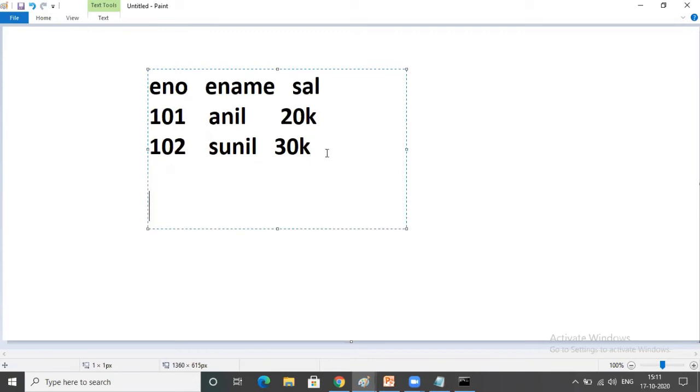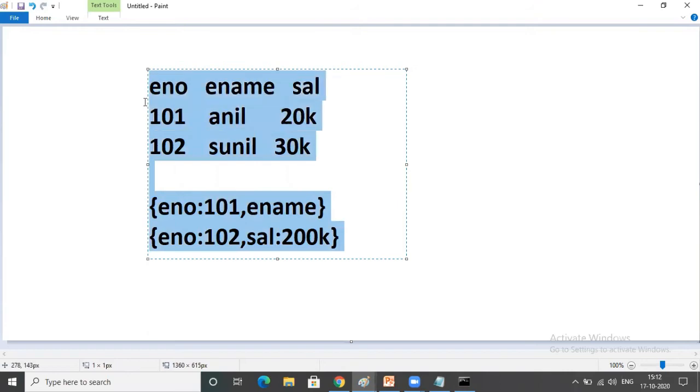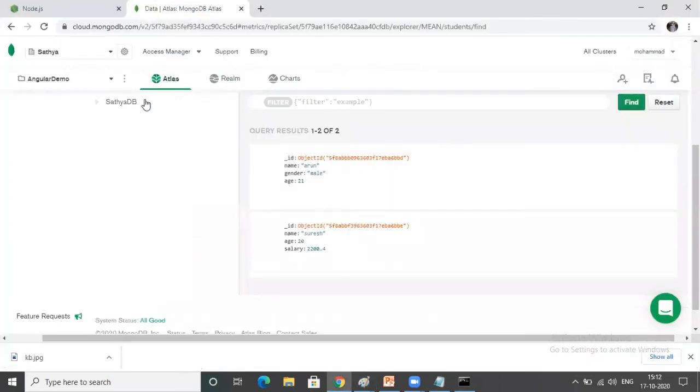But coming to MongoDB, here I stored the data like this. Here I kept E number with some value, comma, and E name. And in another document, I kept E number, and something like salary and age. That is not required. Here I will give a salary from 20,000, something like this. I have not given E name. So in MongoDB, there is no need to maintain the schema. In relational databases, you have to maintain the schema. Anyway, in our example, I want to keep the same schema.